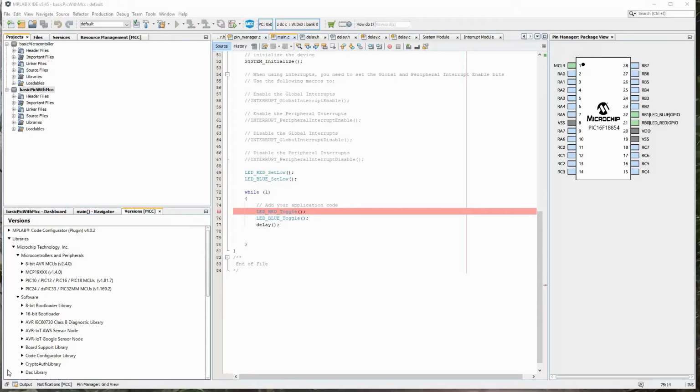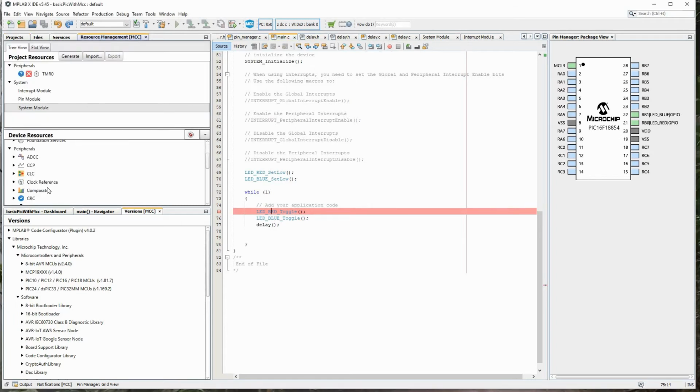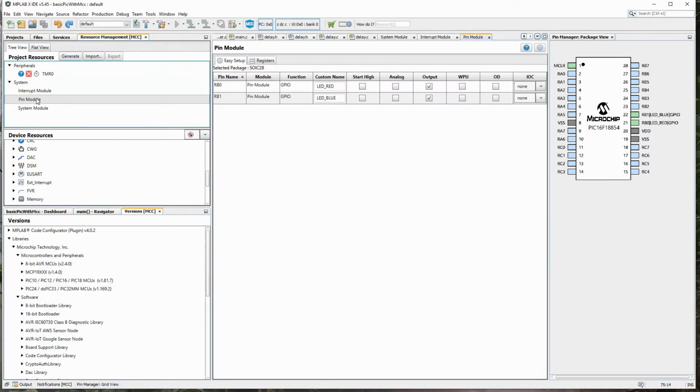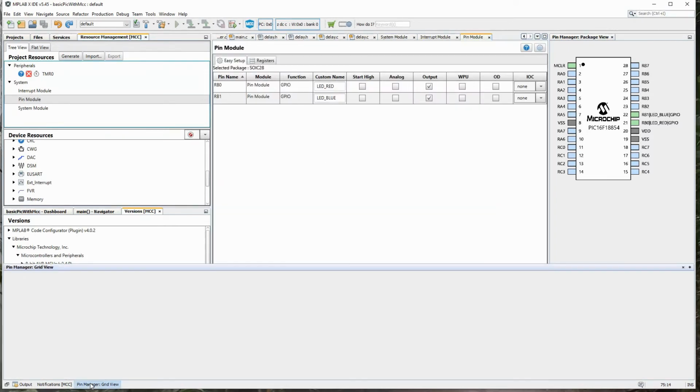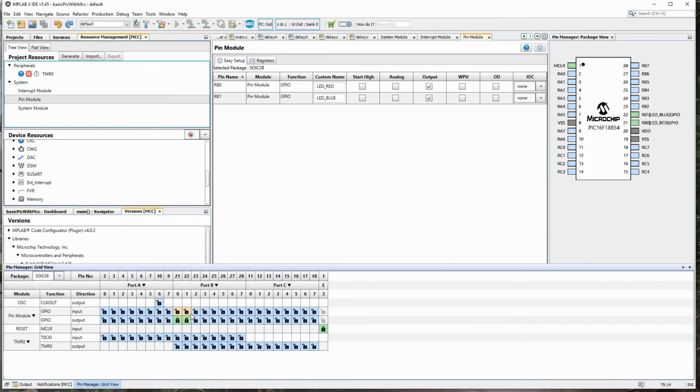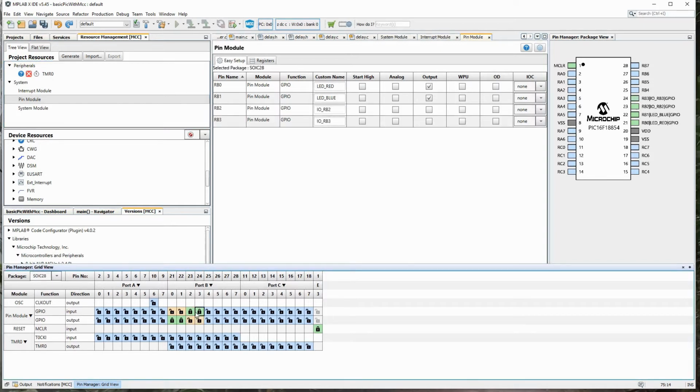Now let's see how we can set a pin as input. For that, let's go to our MCC. Then input pin. So if we come here, grid view is there. Similar to our last example, RB1 and RB0 we have set as output. RB2 and RB3 let's set as input. So now they have been set as input.